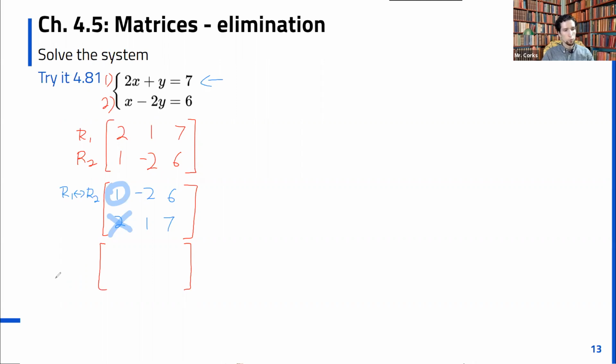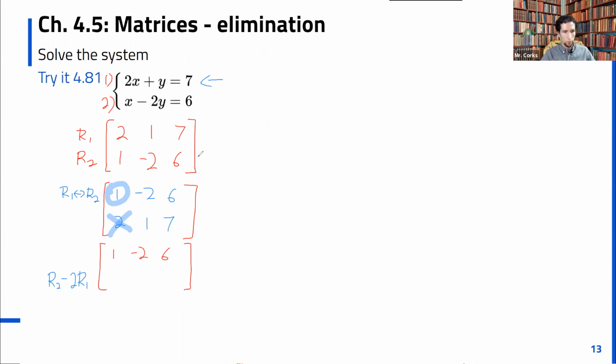Yeah, I think you meant subtract. Okay, so for row 2, we will subtract 2 copies of row 1. If we do that, then row 1 is not going to change. We are using it, but we're not changing it. So 1, -2, 6, and we'll write out